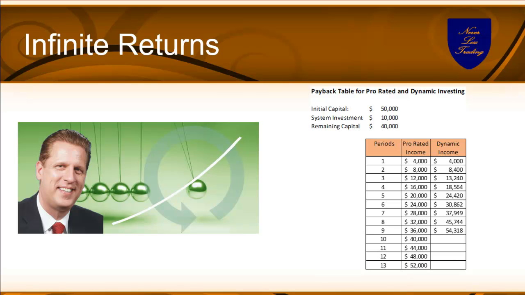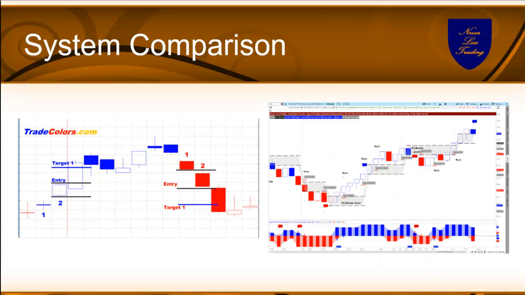Applying those performance measures, we take 2 of our systems. We take our introductory system, Trade Colors, which is an algorithmic system at around 65% probability of predicting the price move of the underlying into the future, and we'll take Never Loss Trading, Trend Catching, and we compare both of those on a timeless trading concept.